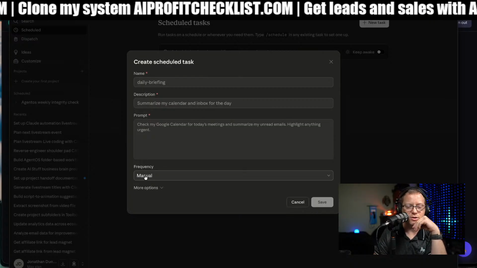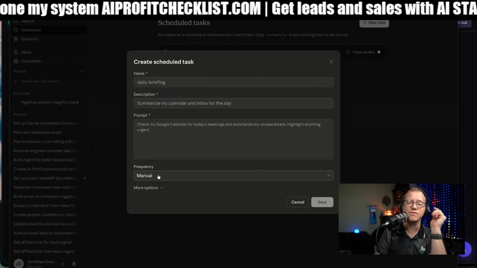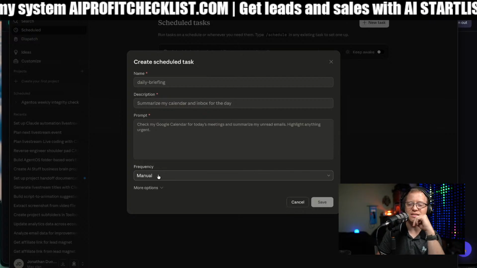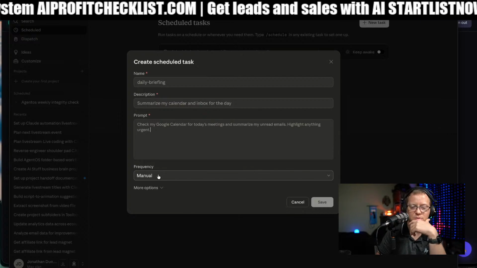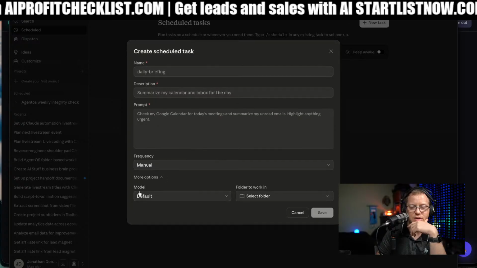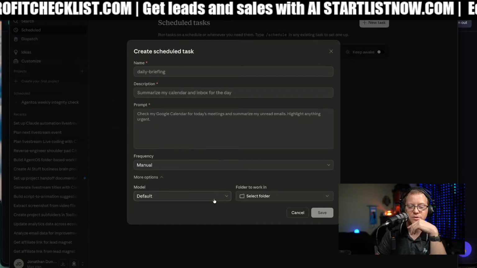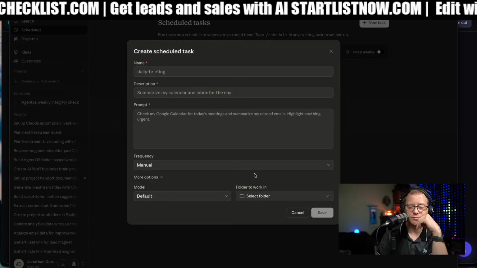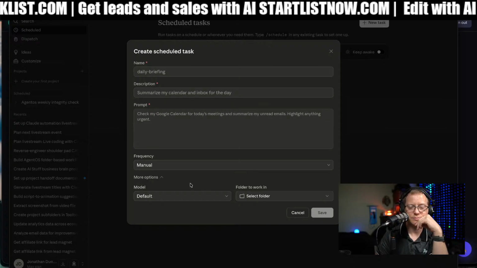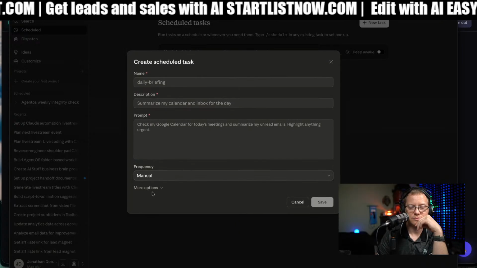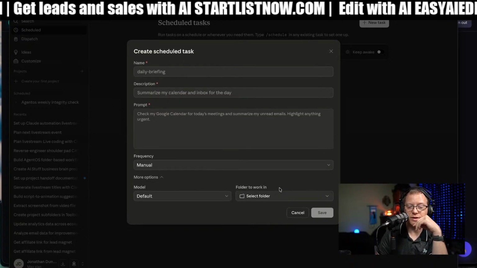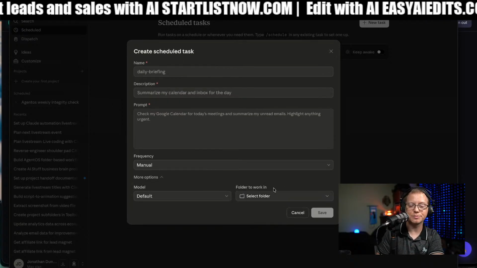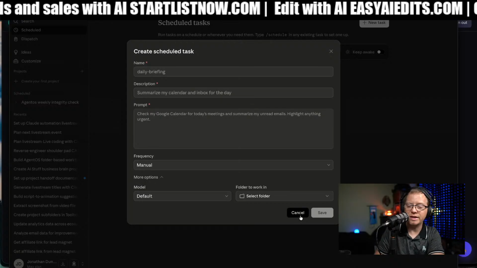And then it could tell you, select this file on your computer, or these files on your computer. And there's also, you could have it use a particular model, and then give it the exact folder to work in. So you can actually give it a folder.